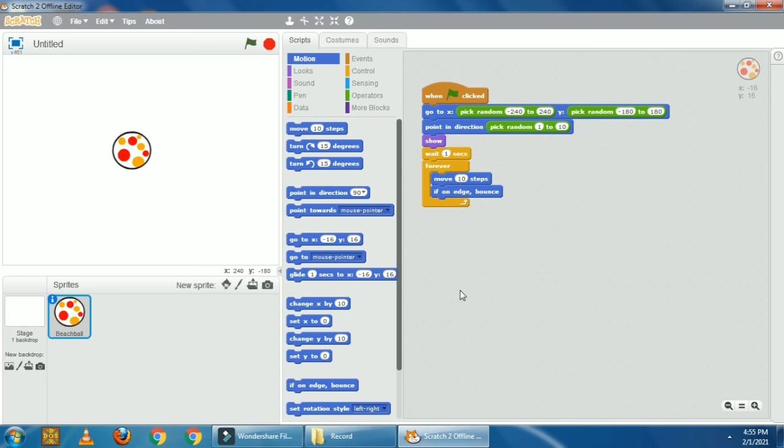Now let's execute this project by clicking on this green flag, because we made the script inside the when flag clicked event. So let's click on this green flag and see what happens in the project. Click. You can see our ball is moving up and down, and if it comes to the edge, meaning the border, it will bounce and go back. Okay, so this is our bouncing ball project, up and down. So this way you can make these three projects using the pick random number. Now you can easily understand how the pick random number block works.